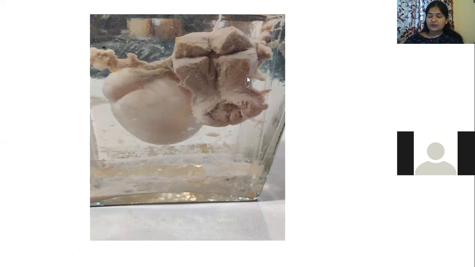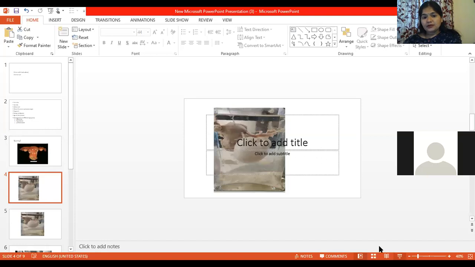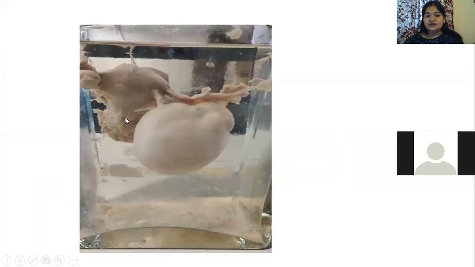Next step is total hysterectomy. That means you have removed the cervix and the uterus. This is what we routinely do. So this part, when you remove, it is a total hysterectomy. When you remove uterus, body, cervix, and one tube and ovary, just a minute, I'll show you this. So when you remove uterus, cervix, and just the unilateral tube and ovary, and you kept one ovary and tube inside, then it is called total hysterectomy with unilateral salpingo-oophorectomy, right?